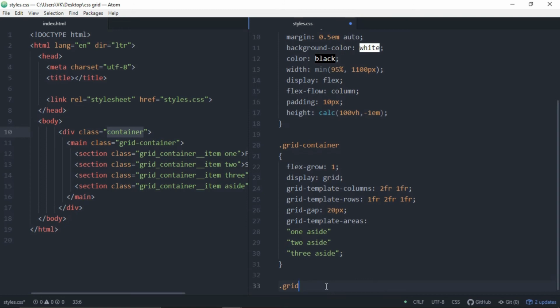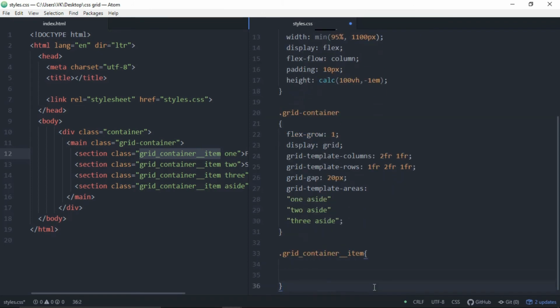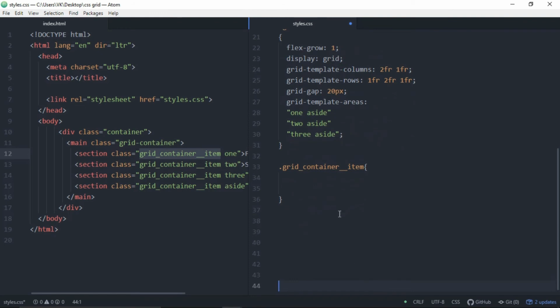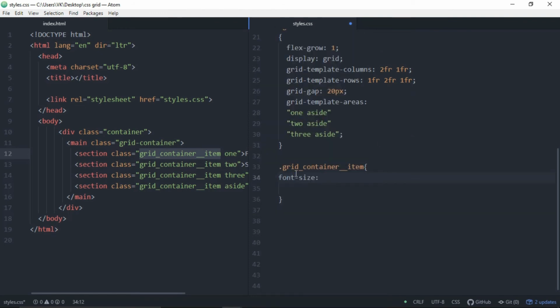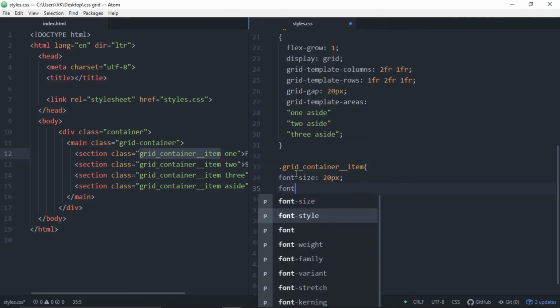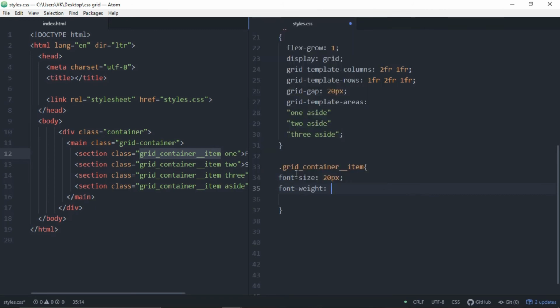Now let's hit enter. We're gonna target this grid-container__item. Let's add a dot here and add a curly brace. We'll just hit enter so it is more visible to you. I'm gonna add font size as 20 pixels and font weight will be 500, which is basically kind of bold.